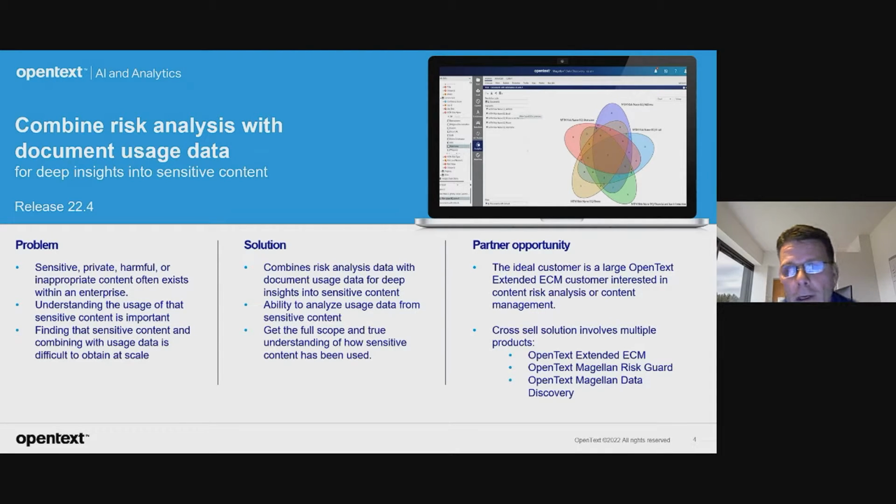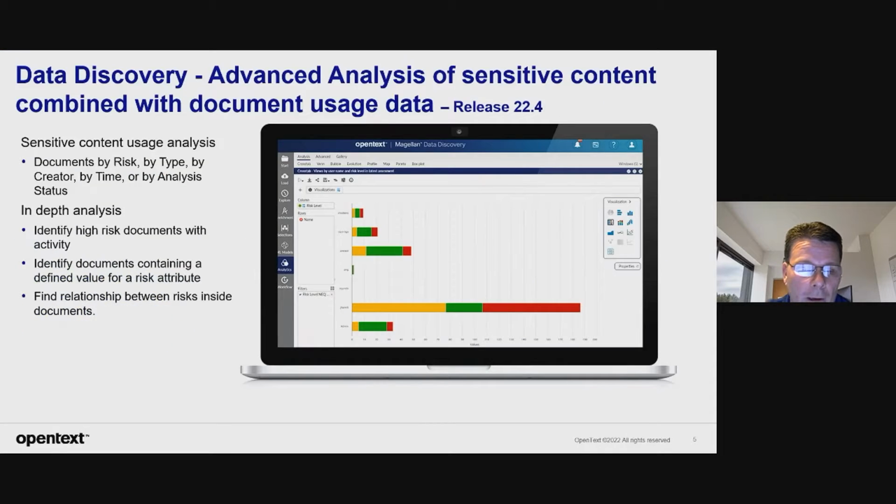Magellan Risk Guard, combined with usage data, the historic views from OpenText Extended ECM, to get the full scope and true understanding of how sensitive content has been used. The ideal customers here have large amounts of content in Extended ECM and are interested in content risk analysis or content management. With this new feature, we can analyze documents by risk, documents by type, by creator, by time, or even